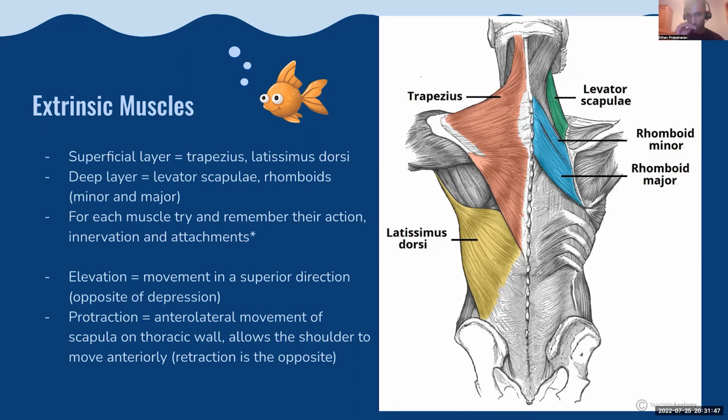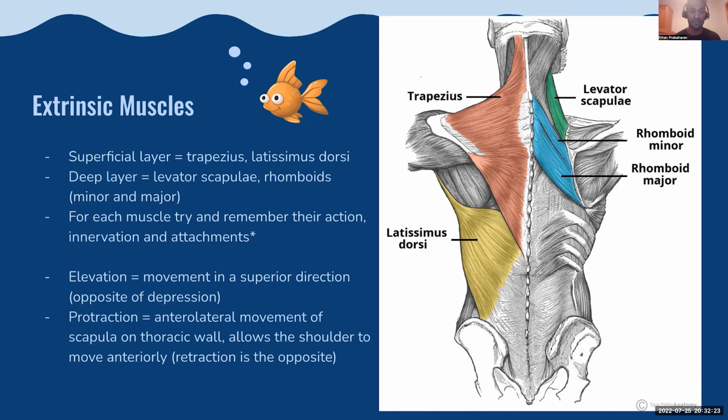really useful. So it's now at this stage where I'll introduce another movement to you. So we've had flexion, extension, abduction, adduction, and then internal and external rotation. Then with our scapula, we can have elevation and protraction. So elevation, as if you think about an elevator, it moves it in a superior direction. So it's the opposite of depression, which is moving it downwards. And then we have protraction, which is anterolateral movement of the scapula on the thoracic wall and allows the shoulder